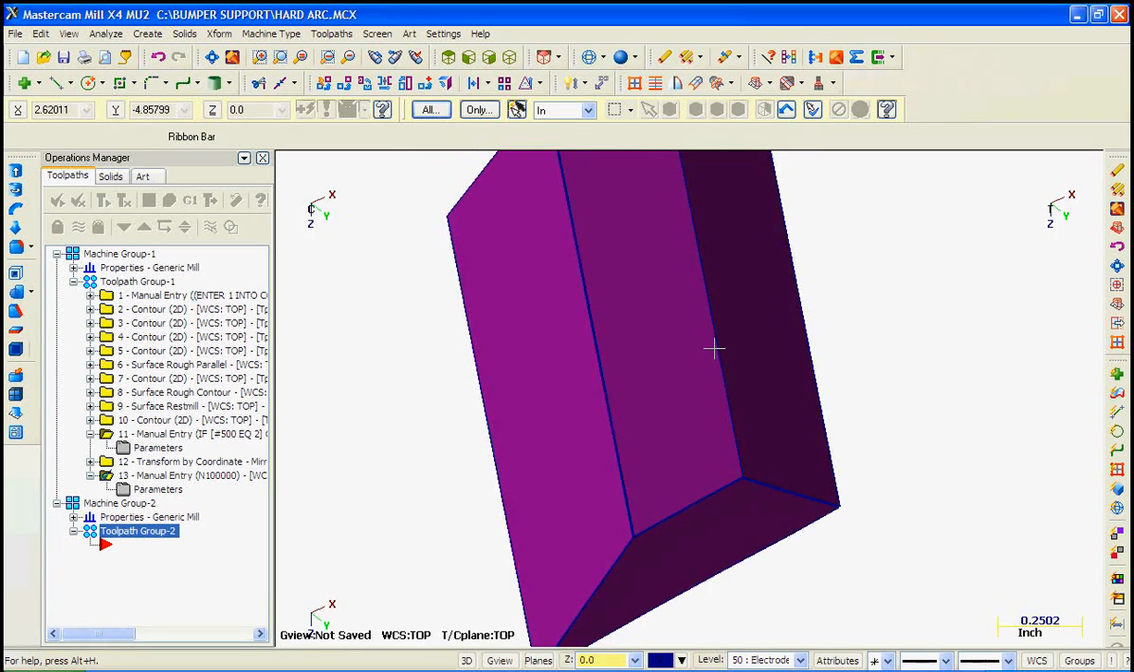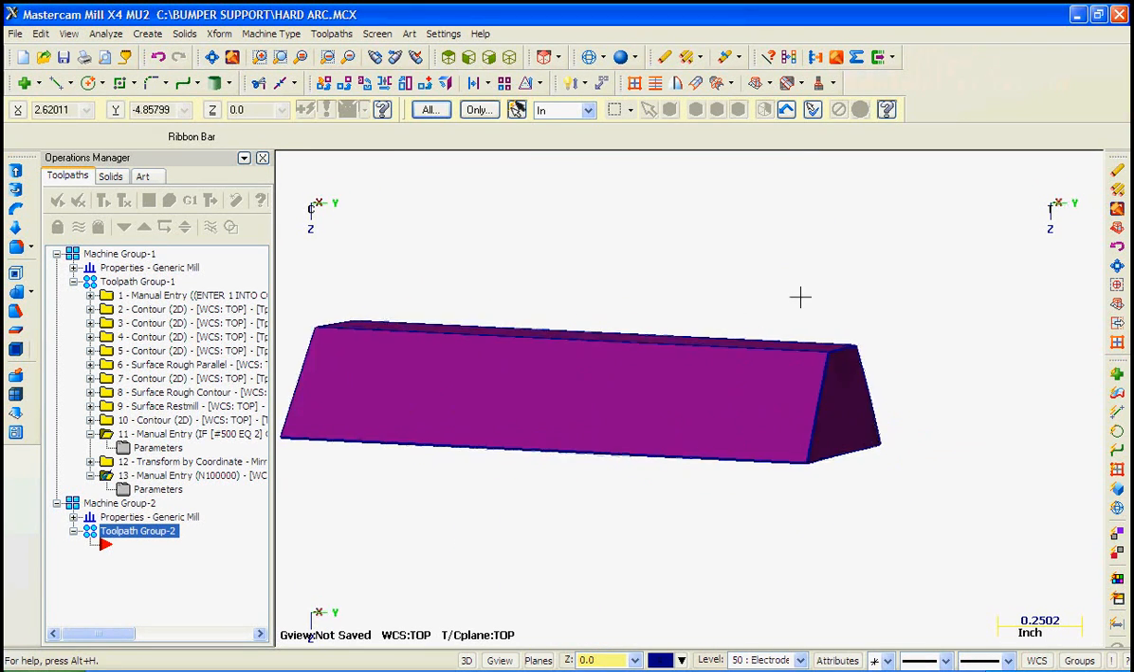All we need to do is reorient the geometry, choose where we wish to be our